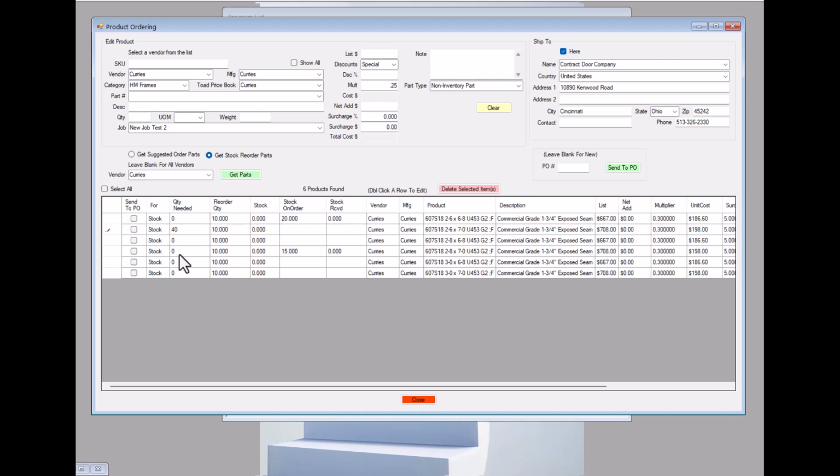So once you get all your quantities entered, check the ones that you want to send to the purchase order. And again, if you want to send it to an existing purchase order that's already been created, just enter that PO number here or leave it blank and then click send a PO, and it'll create a brand new purchase order. And the purchase order will open up once you're done, and you can go ahead and just check it, make sure it all looks good, make any additional changes if necessary. And that should pretty well cover